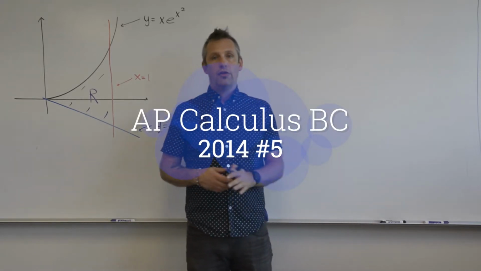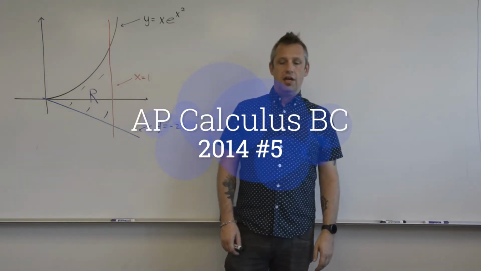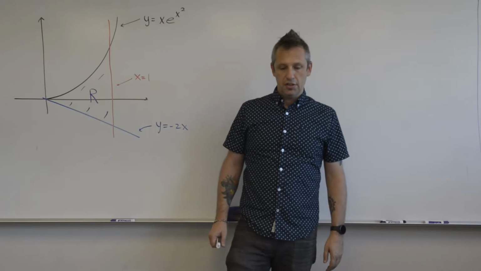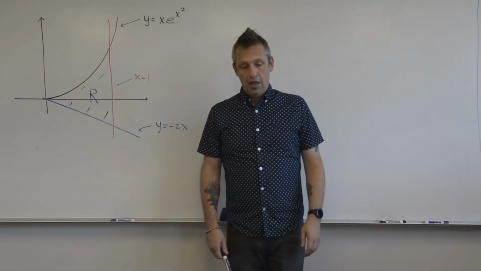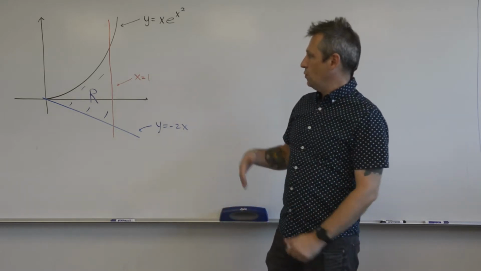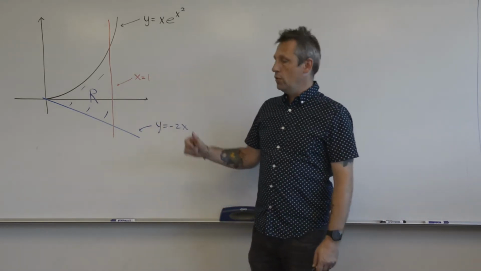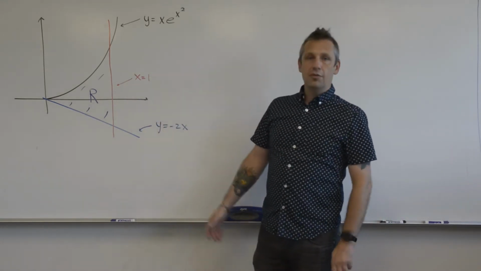Okay, welcome to another edition of Mr. Weis Solves an Old AP Problem. This is 2014 problem number 5. It begins by giving us this region R that I've drawn on the board in purple that's bounded by three